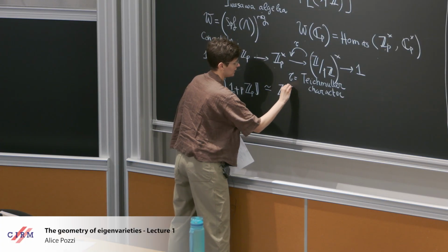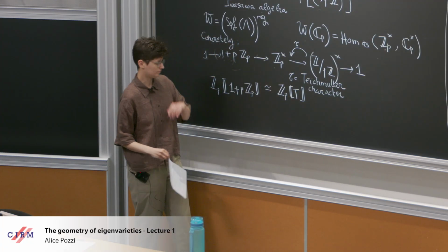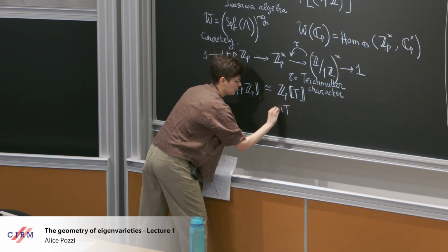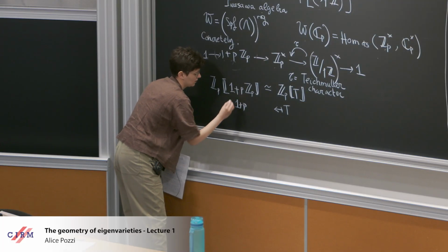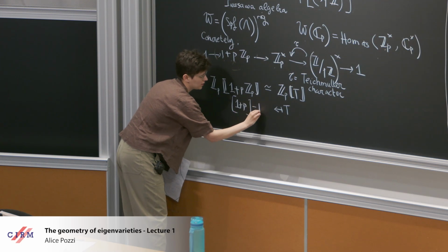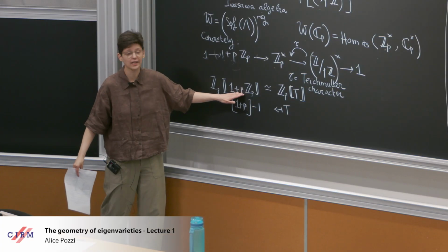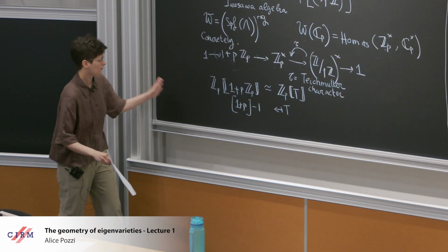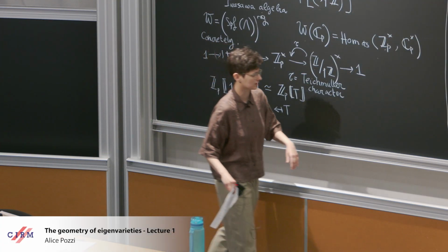I can write this as Zp double bracket T, so this is just formal power series in the variable T, and send T to 1 plus p, as a group ring element, minus 1. This is not a particularly canonical identification, but you could take any profinite generator and do the same thing. Great, so then we just need to understand characters of the finite part and characters of this,